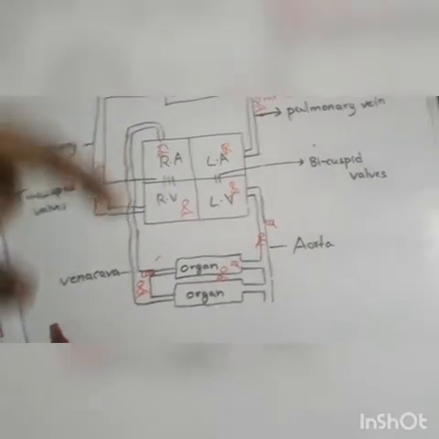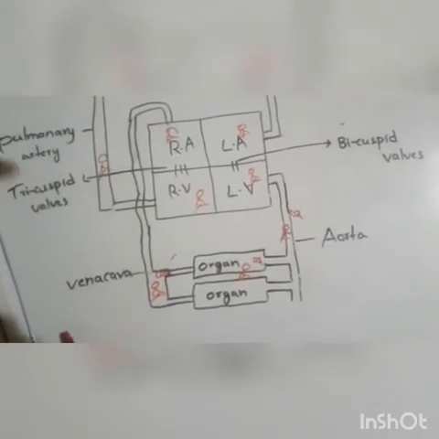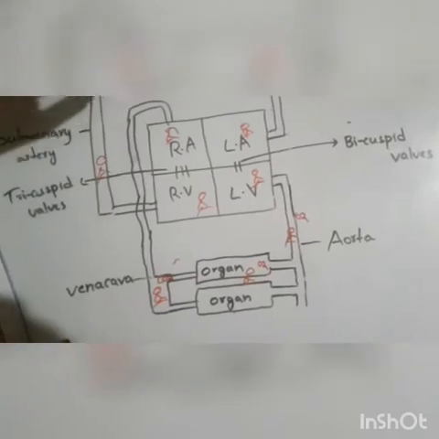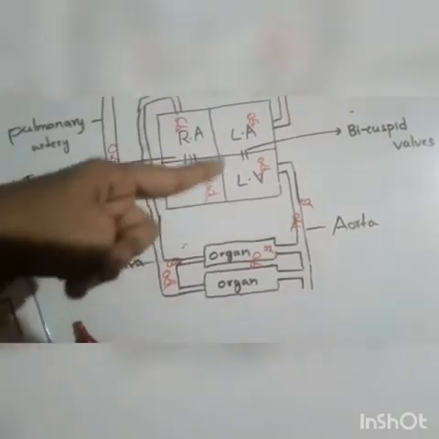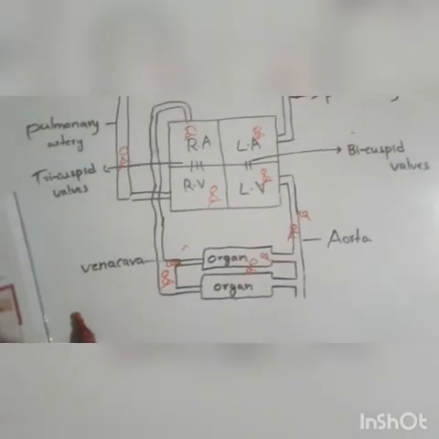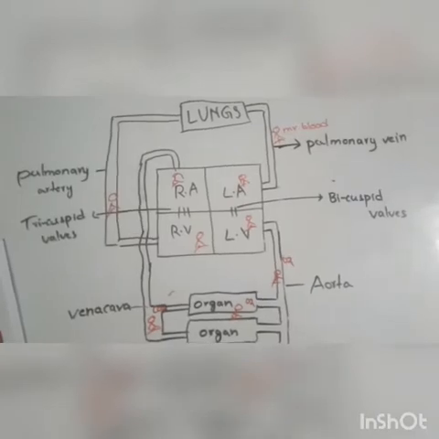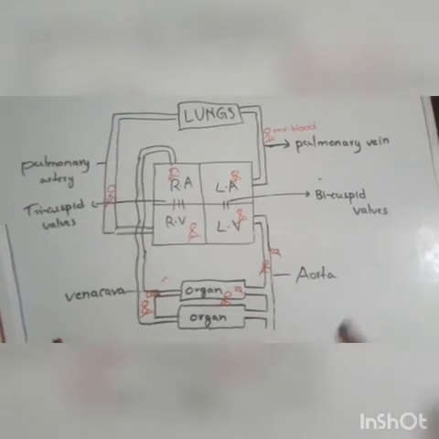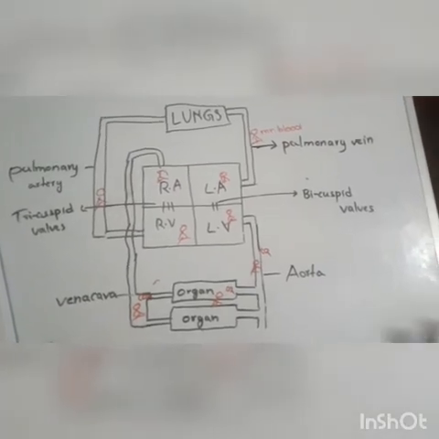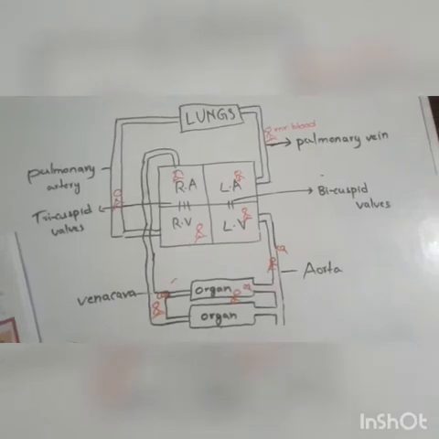That is, it has entered once and then gone back to the body, and again it comes to the heart through the vena cava into the right atrium, and then comes back out of the heart. So we observed that the blood has entered the heart twice in this process, and that is why it is called the double